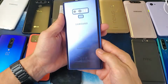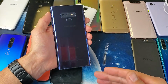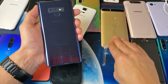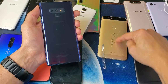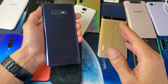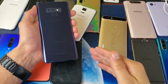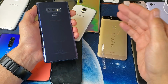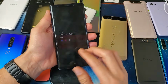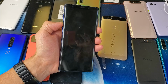Okay, so I'm going to use a Samsung Galaxy Note 9 here. If you have a different model phone, then you want to look up on YouTube or Google and search for your phone brand, like Google Nexus 6P, how to wipe cache partition, or Google Nexus 6P, how to boot into the Android recovery mode menu. Okay, so anyways, again, this is Samsung Galaxy Note 9. And how we're going to boot into the Android recovery menu on this phone is